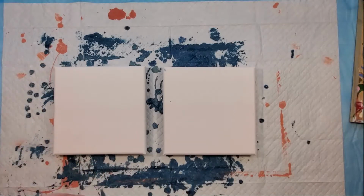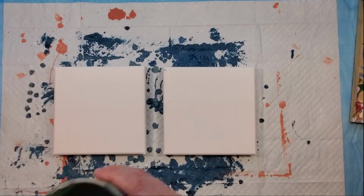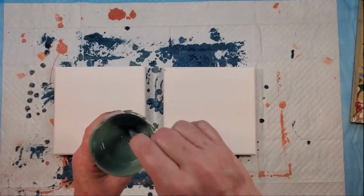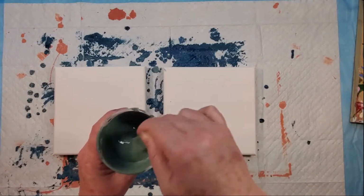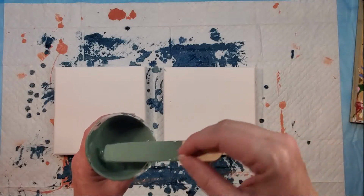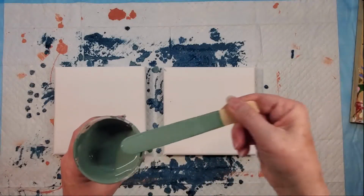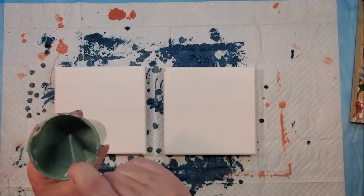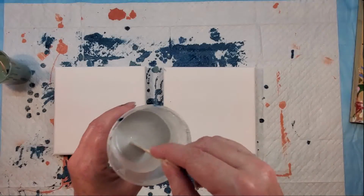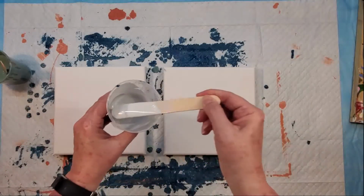Okay, we're back over here. The colors I'm using: this one is some green, and I can't remember what all's mixed into it. Like I said on the other video, I have no idea, but it's some type of green mix. I think I had this color in mind and just started mixing and seeing what I had. This is a folk art glittery silver,